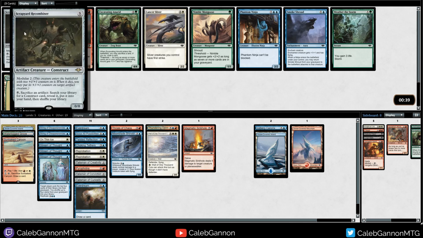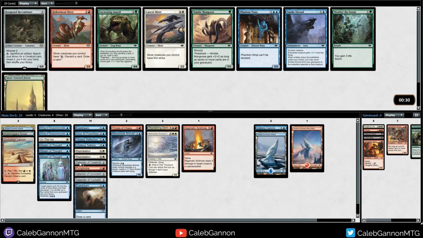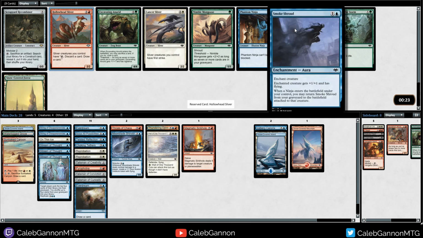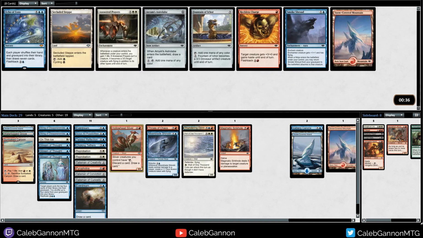Ooh. Search your library for a Construct card. Don't really have those. No, I don't have any constructs. Hollowhead Sliver is just a 3-mana 2/2 Rummager. Phantom Ninja I don't really care about, and Smoke Shroud I don't really care about. So I think I'm just going to take the 3-mana 2/2 Rummager. I actually don't have any...